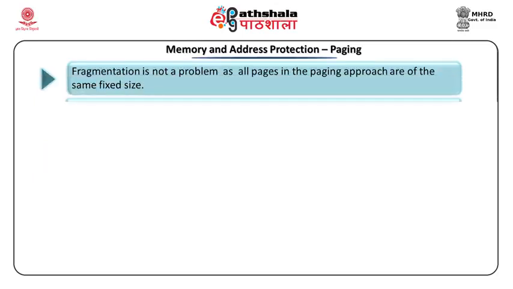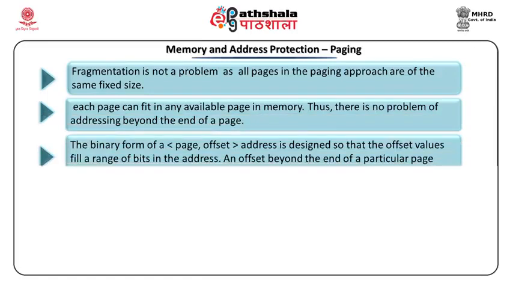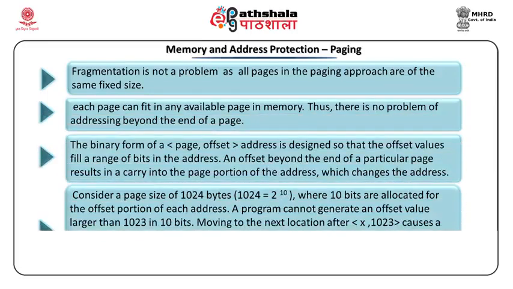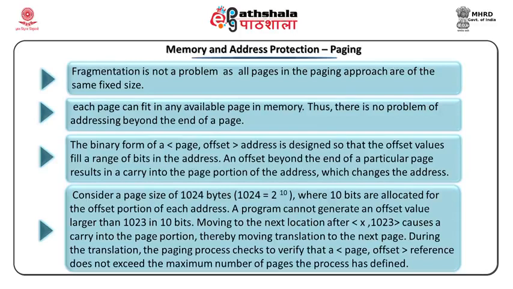So, first the page number is looked up in the page translation table to find which physical location it is at, and the offset is added to that location to actually find the data. The binary form of a page and offset address is designed so that the offset value fills a range of bits in the address. Therefore, an offset beyond the end of a particular page results in a carry into the page portion of the address, which changes the